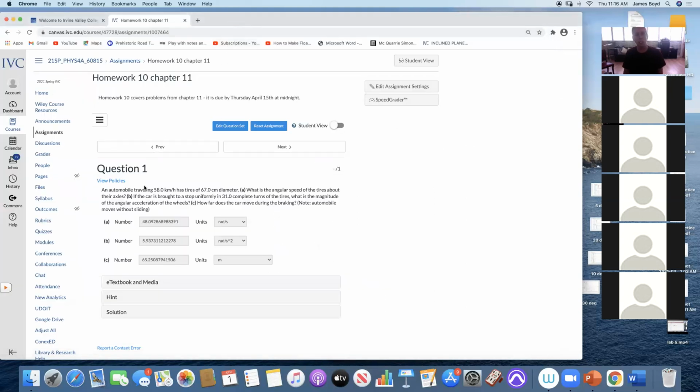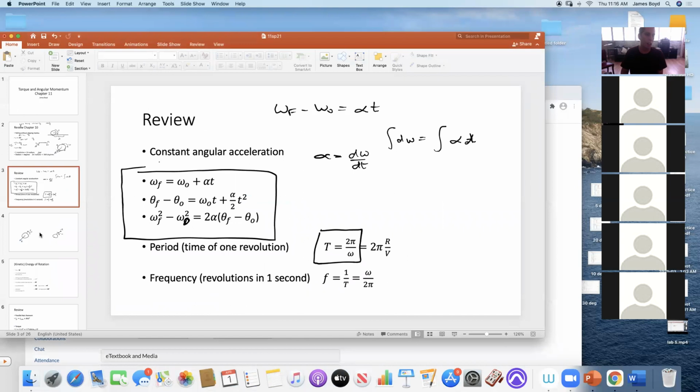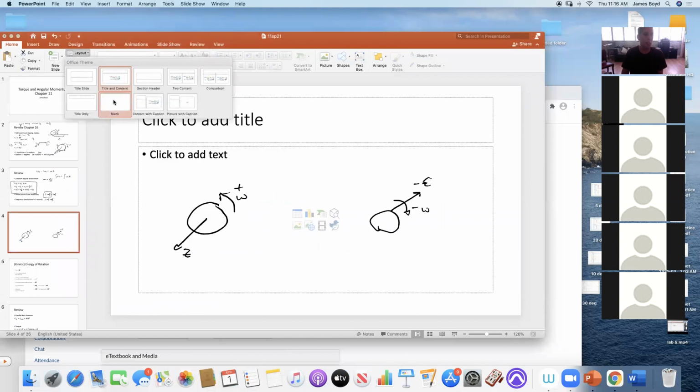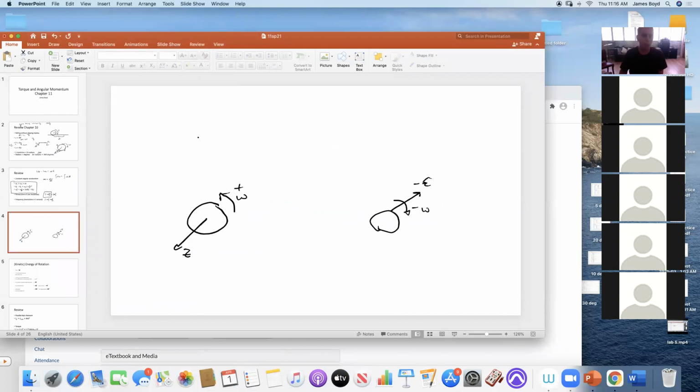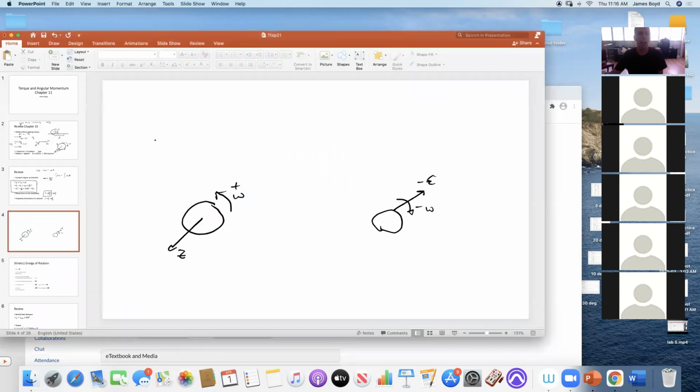So if you turn this kilometers per hour into meters per second, and the tires have a radius of 67 centimeters. So let me talk about this really fast. It'll be something different, 58 for me. So 58